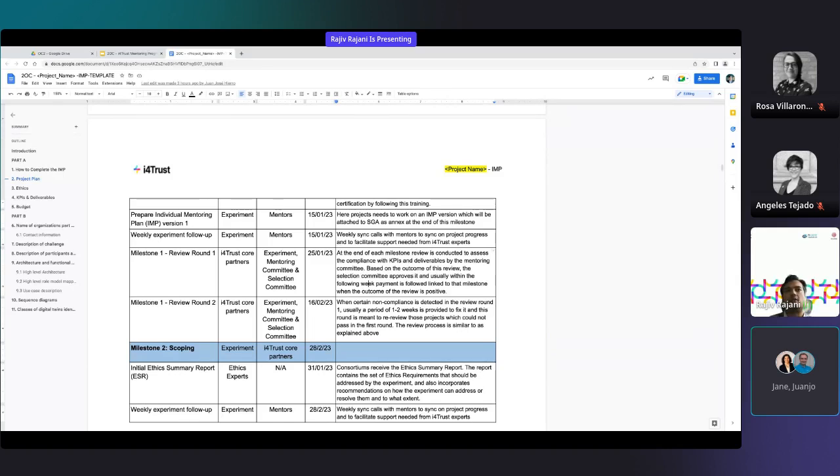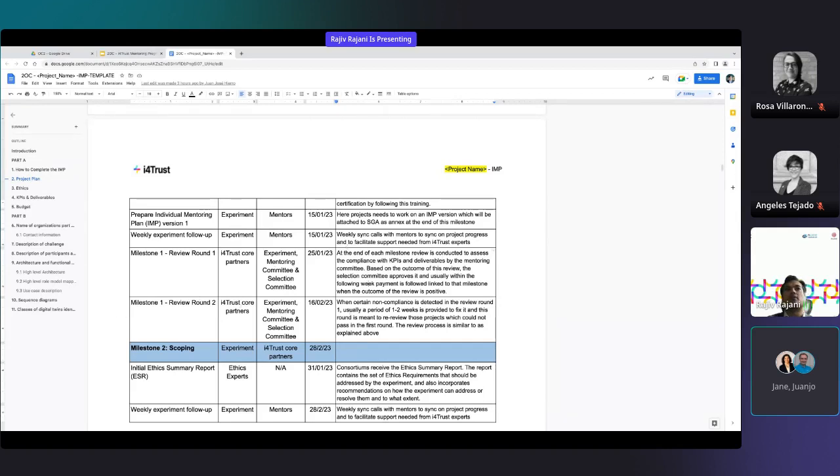The selection committee reviews those assessments and provides an approval or rejection. When the selection committee approves the review of the mentoring committee, then your review is approved, and when your review is approved positively, the payment for that milestone follows, right?